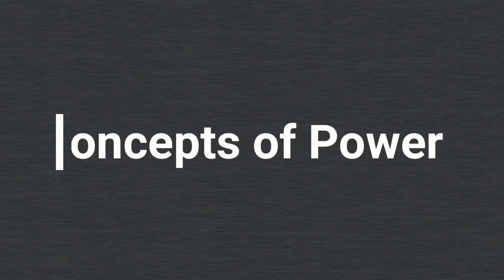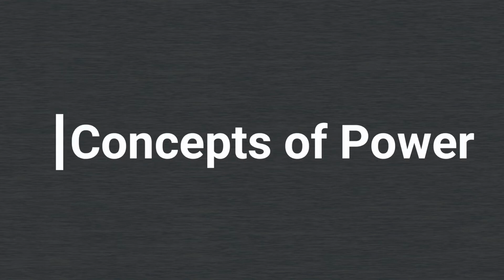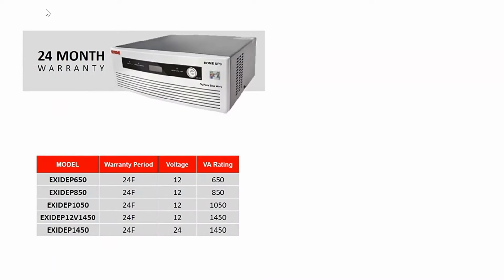In this video, I'll discuss many things, but before that, let me show you a picture. I think you may have an inverter machine in your home. I have too, but what I did is I was surfing the internet and I found this Exide home UPS on Amazon. So I took this screenshot, and there was a brochure screenshot that I have put here. Look carefully, there is a model called Exide P650 and there is a VA rating.